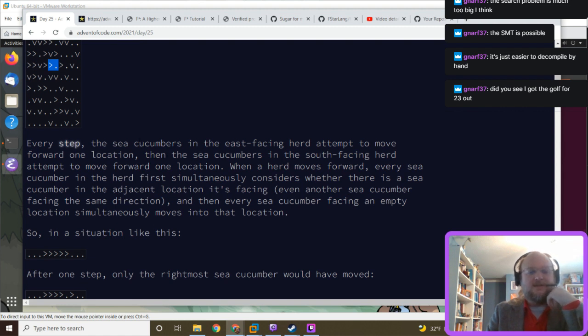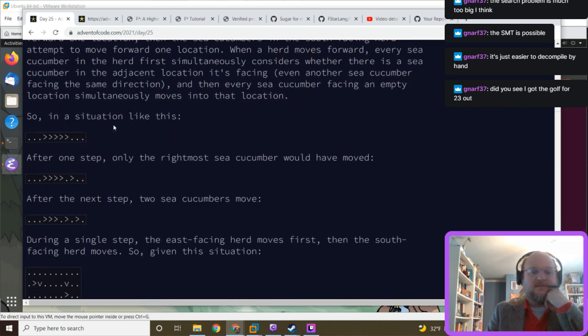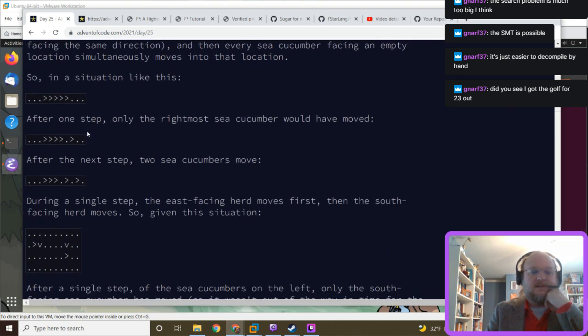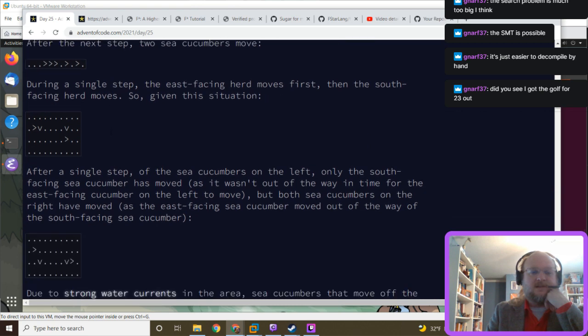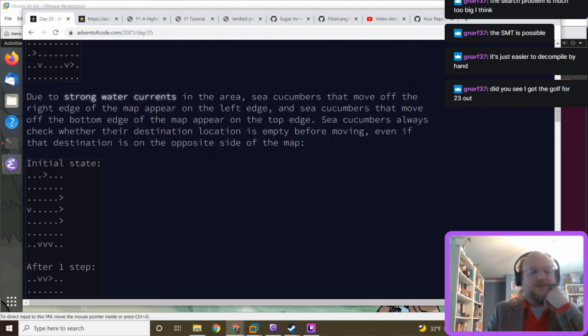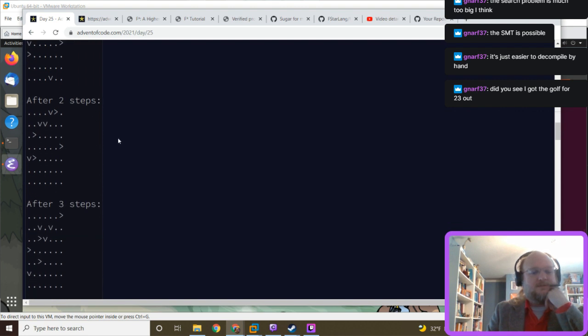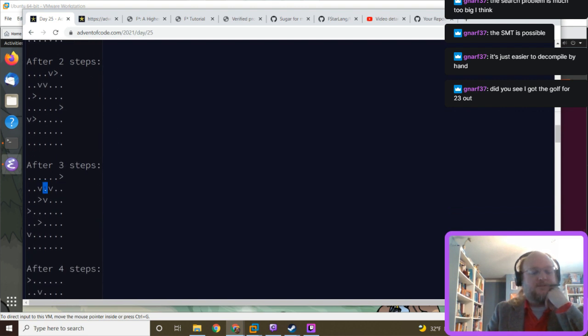I think it would be easiest to just write this as the east moves and then the south moves, rather than trying to deal with it simultaneously. Okay. So if we do that, then the transition function should be pretty easy, except we have to handle wraparound. So every place there's I have to handle this in 2 steps.